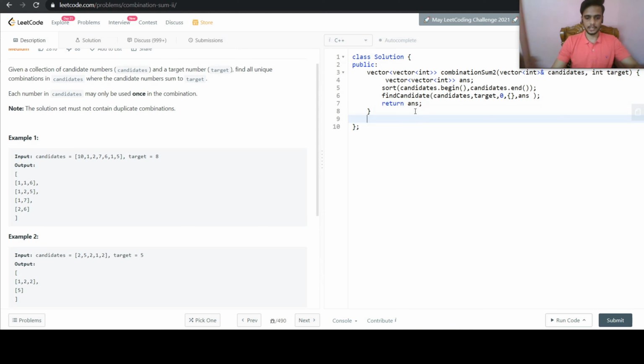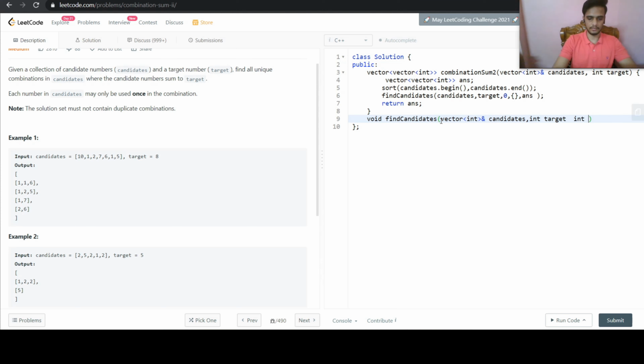So let us define our function also, findCandidate, which we will call recursively. So findCandidate, and the first is a vector int ampersand. Let us take it as it is. Then we will have int target.